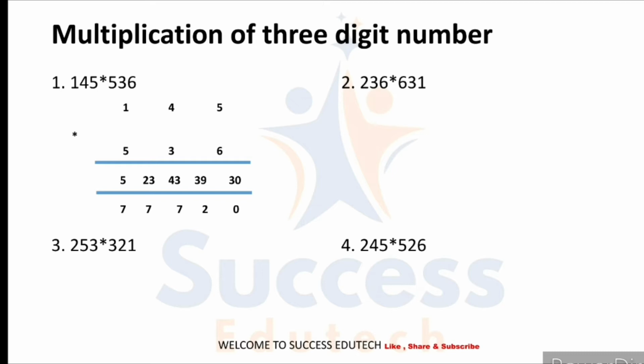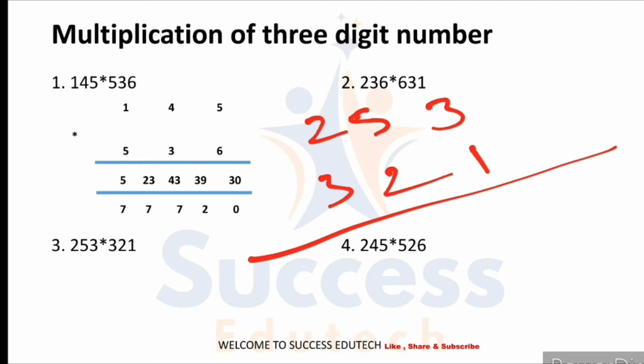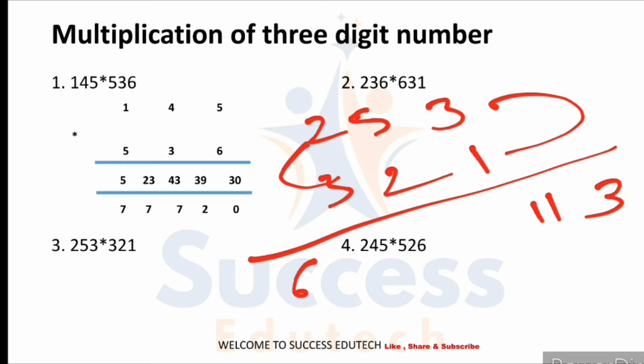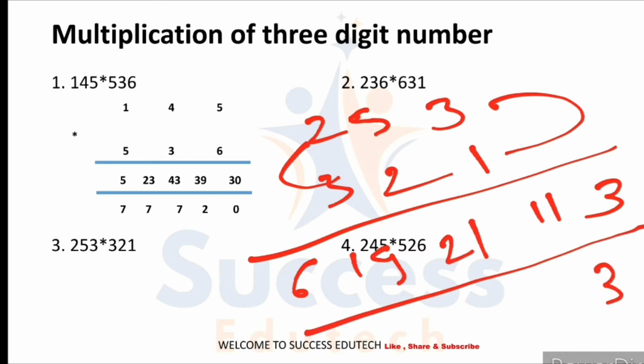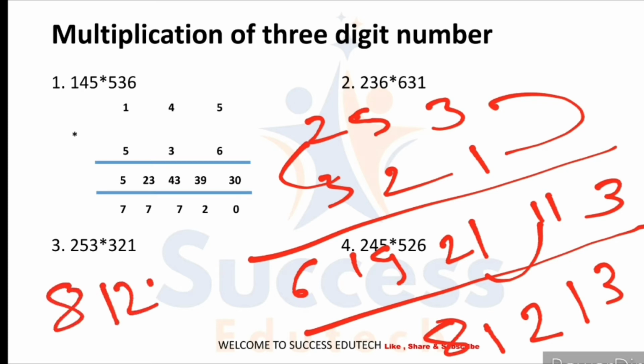Again my second one, that is 2, 5, 3, 3, 2, 1. Now 3 ones are 3, 3 twos are 6, 5 ones are 5, 6 plus 11, 2 twos are 4, 5 plus 15, that is 19, 2 ones are 2, 9, 11, 11 plus 10, 21. Now again last digit will be carry 3, 1 as it is, again last digit 1 carry, that 22, 22 का 2, 2 again carry, then again 21, 21 का 2 carry, 8. My answer is 8, 1, 2, 1, 3.